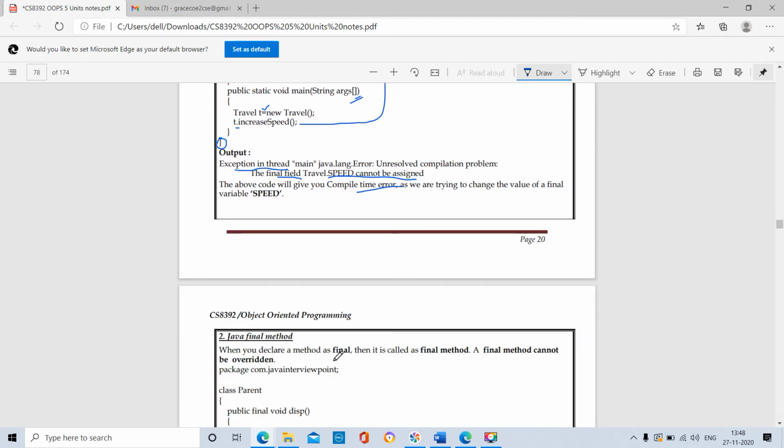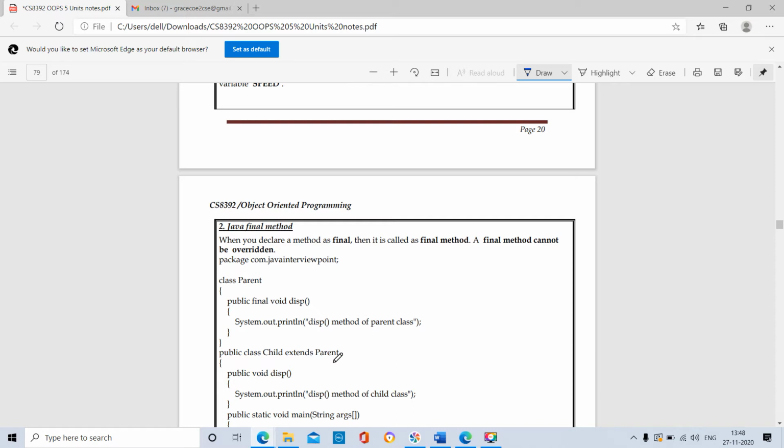Okay, so the next topic is Java final method. When you declare a method as final, it is called a final method. A final method cannot be overridden. We already know Java supports method overriding, where we can declare the same method in the superclass and subclass.